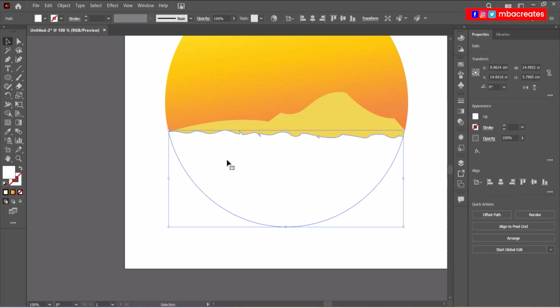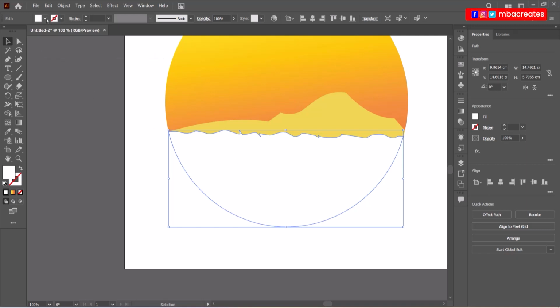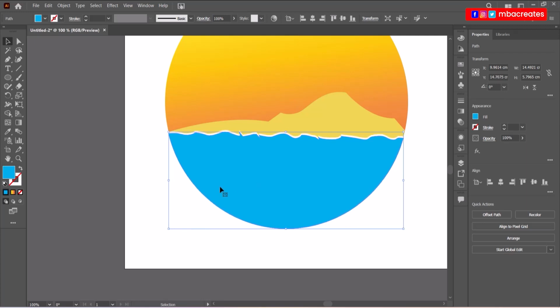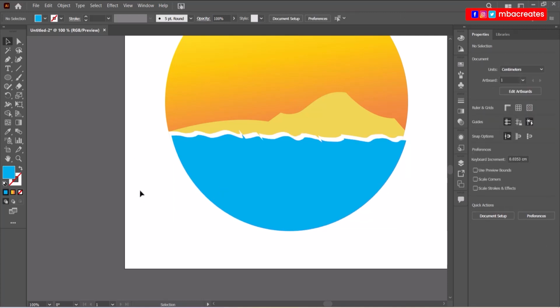Now we need a blue part, so all I'm going to do is create a duplicate. So I copy the white one, paste in front, go to my color palette and select this blue color. Once the blue color is selected, I'm going to press the down arrow key just 3 times and to my right like this, and I'm going to select my